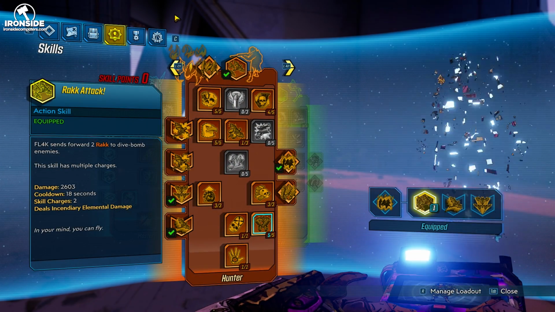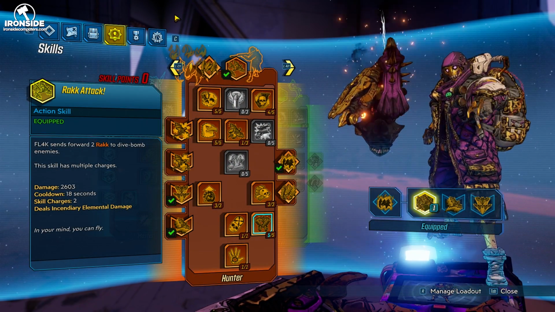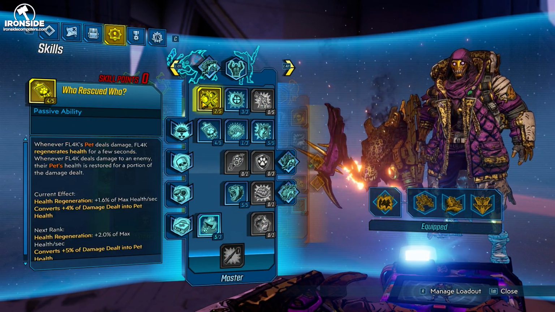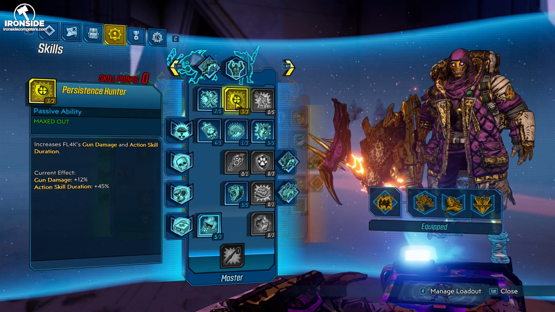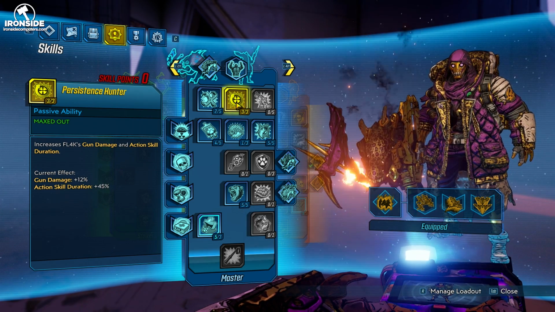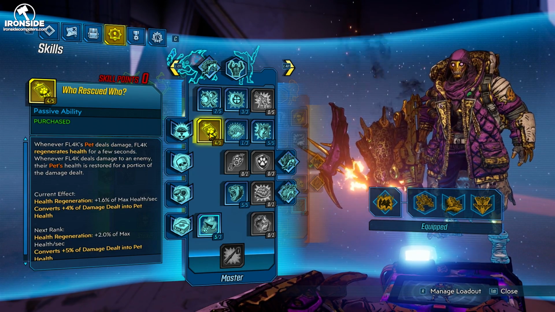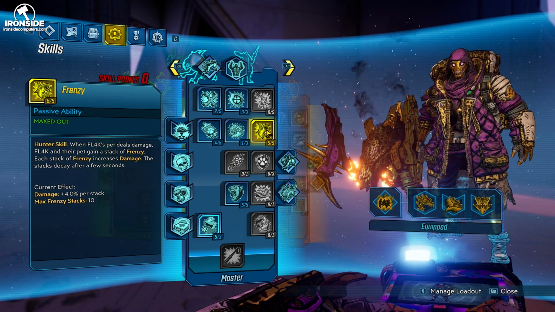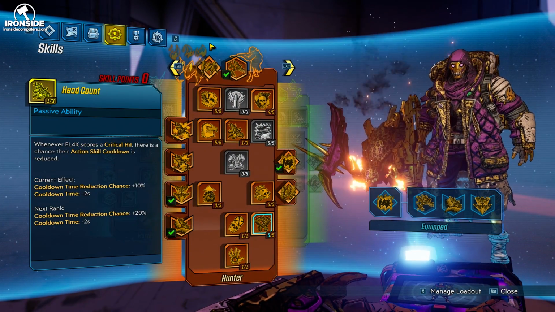So yeah, let's just go over the perks. I'll put them all on screen. I'm not going to start with 0 skills and just upgrade them. So let's just start off with the blue tree. You want to put 2 points in Ferocity, 3 points in Persistent Hunter, 4 points in Who Rescued Who, 1 point in He Bites, 5 points in Frenzy, and then moving on to the orange tree,